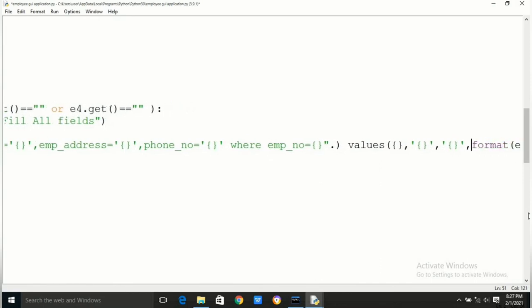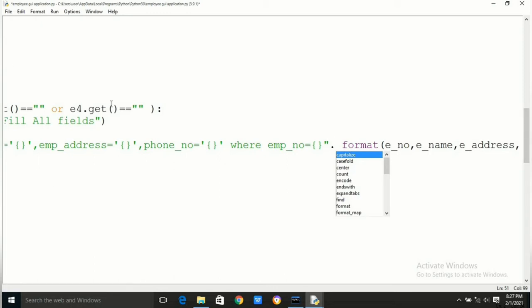If it is an integer then you do not have to put single quotes. Where emp number is equal to, this is a parameterized query. We are passing the values e name, e address, e phone number and e number.